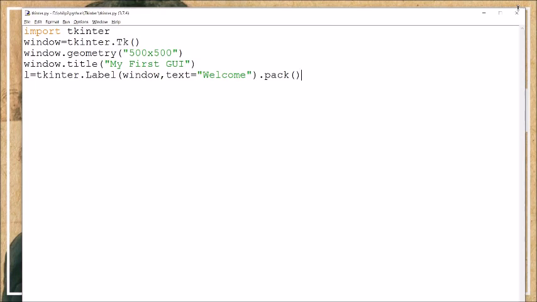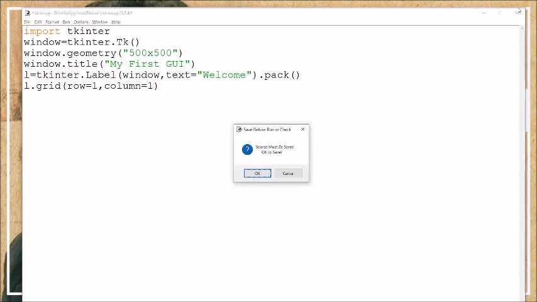Either you can use pack, or you can mention the grid at which you want that label to be placed, like l.grid. It was by default displayed at the center of the screen. If I want to place it at row is equal to 1, comma, column is equal to 1, you can see here.